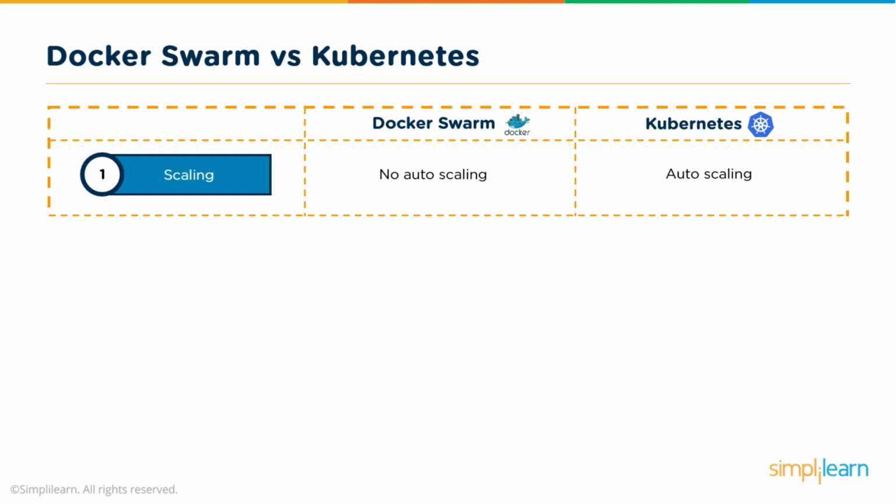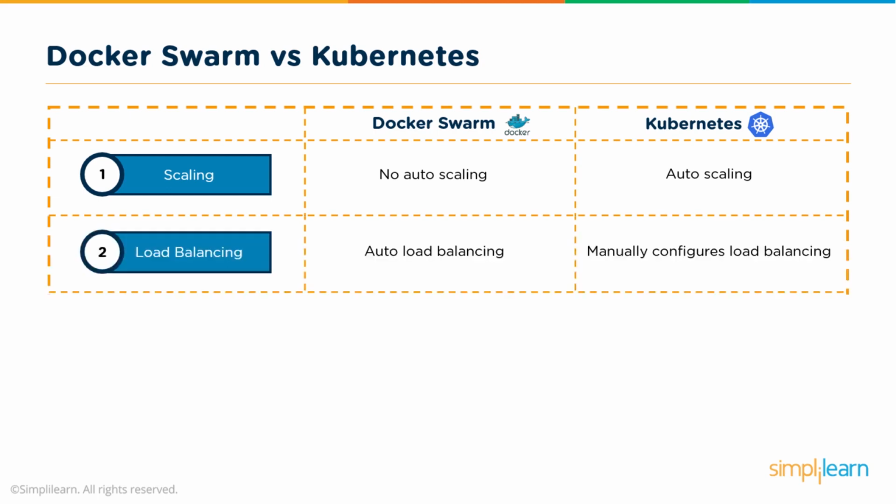On similar lines, if the load is not too high, it can identify a few of those nodes which have fewer replicas or fewer application containers running on them. It can move them to some other node and also scale down by deleting a few nodes from your cluster. So that is the power of autoscaling provided by Kubernetes, and this unfortunately does not exist in Docker Swarm.